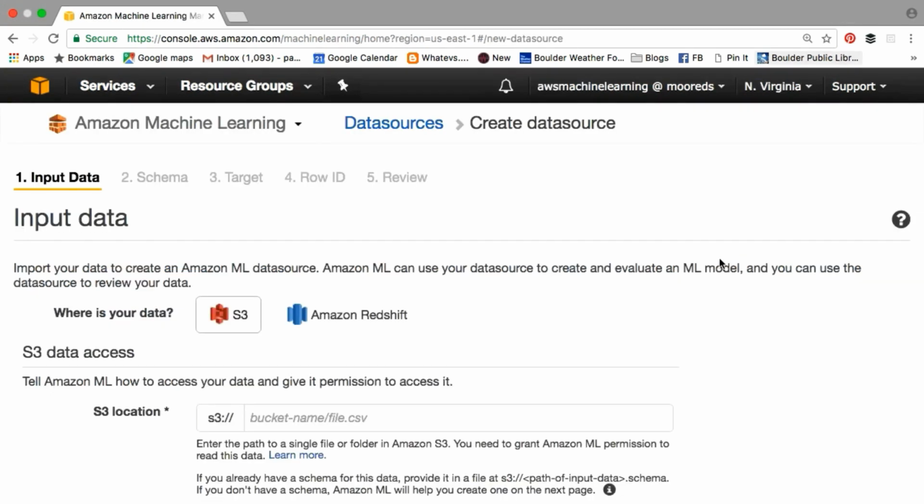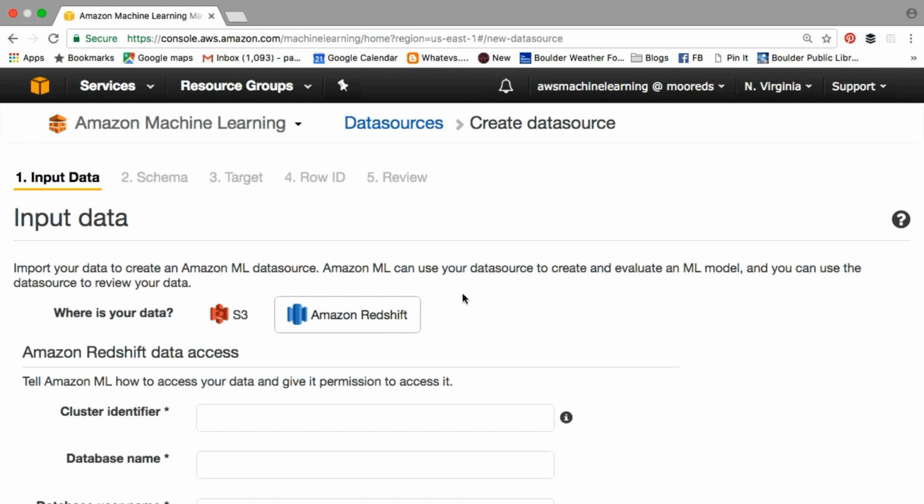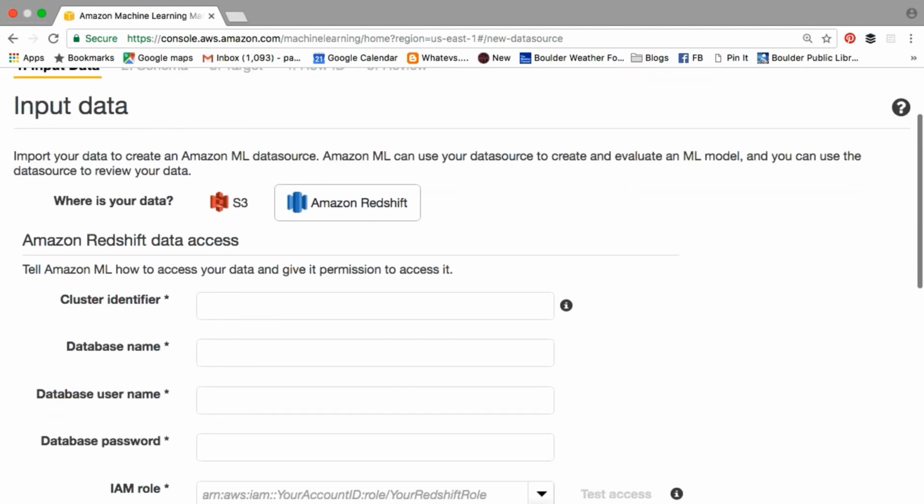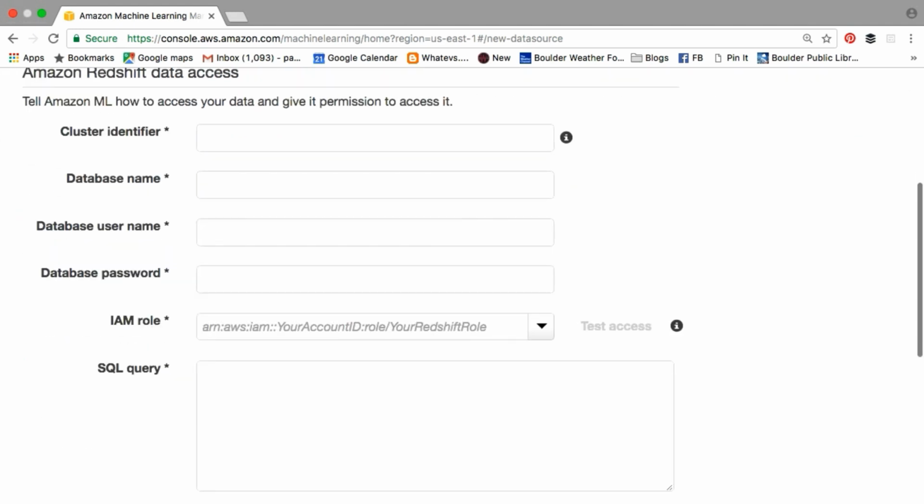So where can the data that is the foundation of your Amazon machine learning model reside? If you're using the console, you have two different choices. You can use Amazon S3, in which case you need to make sure that you have permission to read the data from the location that you provide. You can also use Redshift. If you use Redshift, you need to provide information on how to get access to your data, as well as the SQL query you're going to run against your data to provide the data that you're going to build your